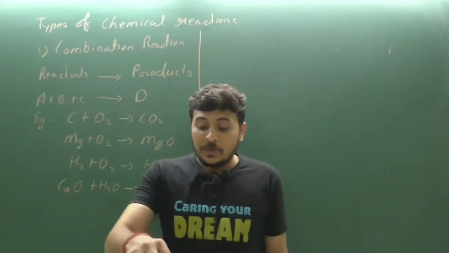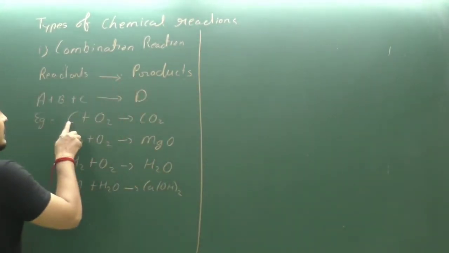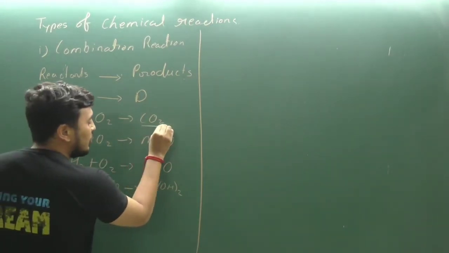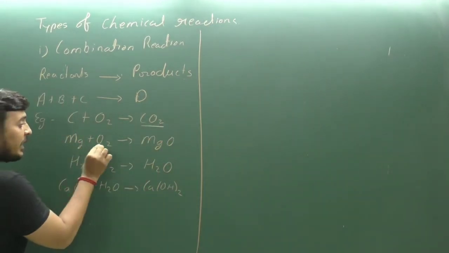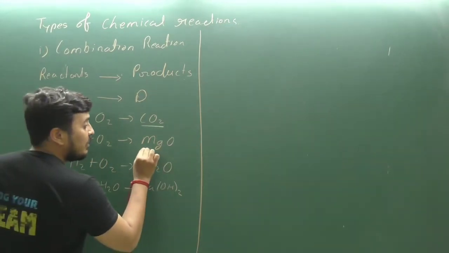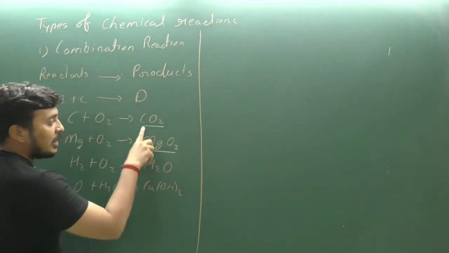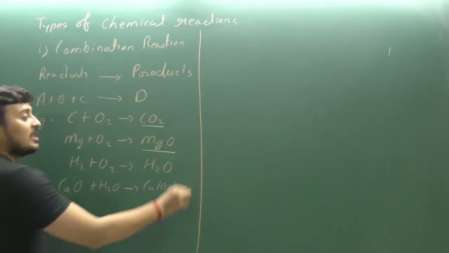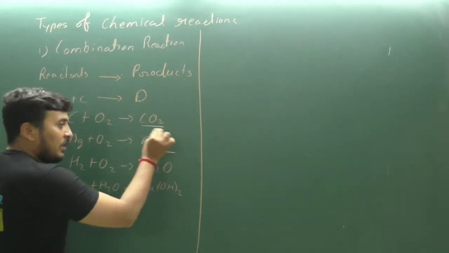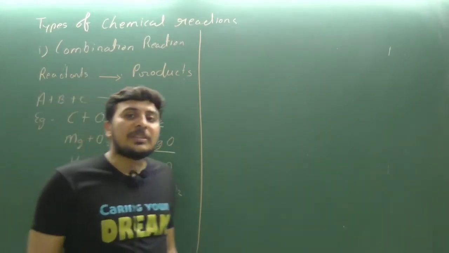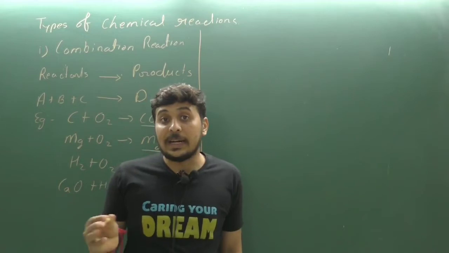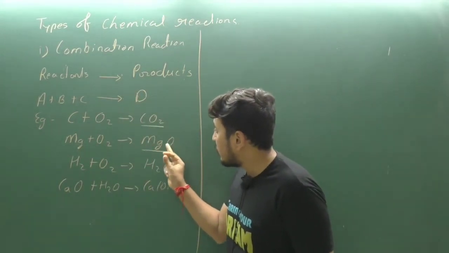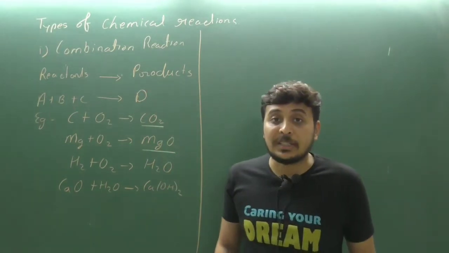Let us see what the difference is. Here carbon reacts with oxygen, it forms CO2. When magnesium reacts with oxygen, O2, it forms MgO, not MgO2. If you write MgO2 similar to CO2, then it will be totally wrong. Why? Because chemical formulas are written on the basis of the valencies of the atoms and ions. Magnesium has a valency of 2, oxygen has a valency of 2, so they cancel to give MgO, magnesium oxide.